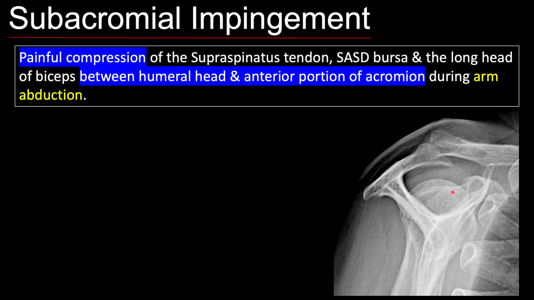Now, let me tell you that subacromial impingement is a clinical diagnosis. This diagnosis is made by the orthopedic surgeon, and imaging is done only to assess the condition of the subacromial subdeltoid bursa and the rotator cuff tendon. So your job as a radiologist or any person who's conducting the imaging is to see if the subacromial subdeltoid bursa is normal, or if there is underlying tendinosis, or if there's an underlying tendon tear. Now, Neer describes